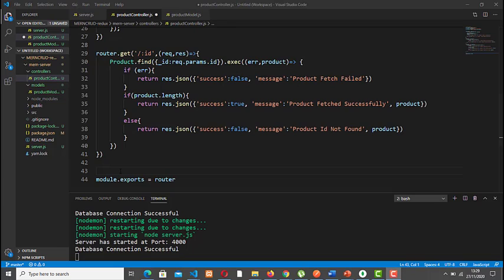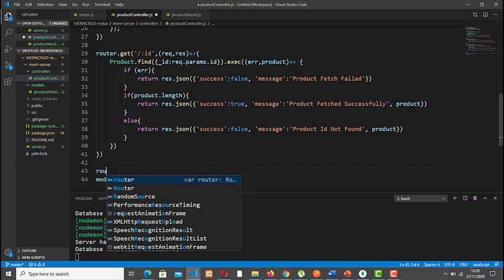Okay, we are on the product controller. So in this video, let's continue with the routing, and we're going to set the route for update. So let's use router.put. We're going to use the put endpoint. We're going to create a controller and a route for the put endpoint. So let's begin. So router.put,